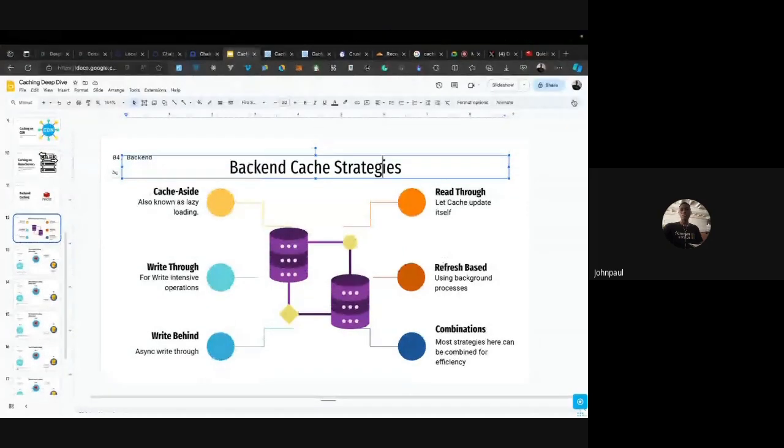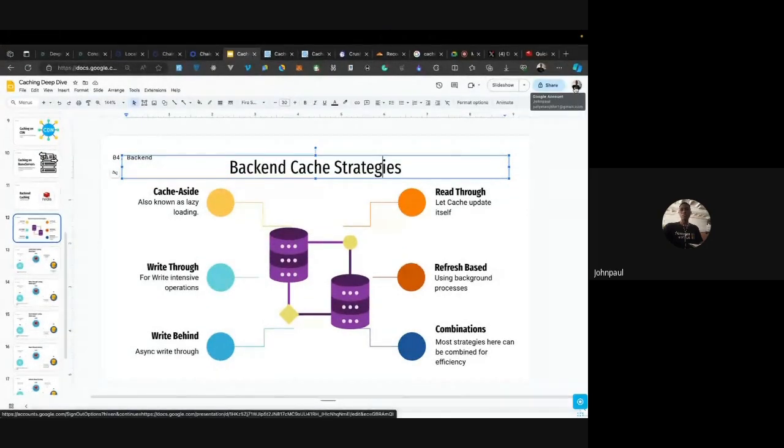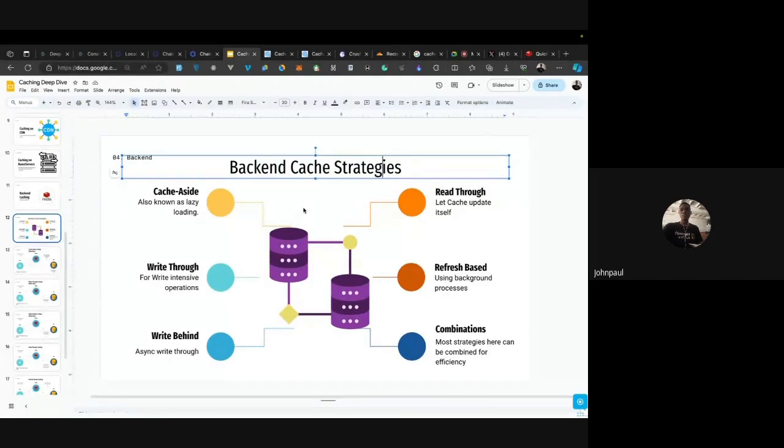If I go and edit my setting, like if I edit my name to something else, they'll tell me it may take some time for it to update. So that's what's happening there. They are serving this name from the cache, and to edit their database, they use one of these strategies that we're going to talk about